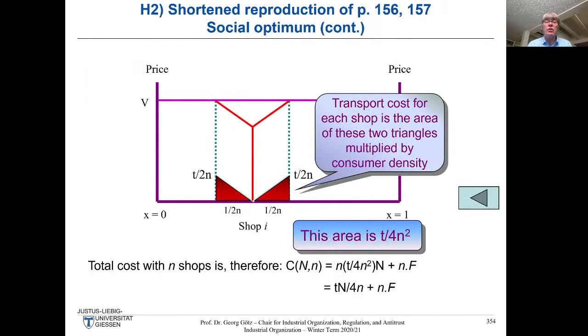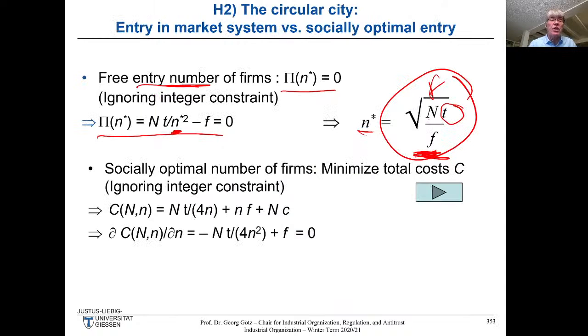This is just a copy of a previous slide where you see we just need to calculate these triangles here. This area was equal to t over 4 times 9 squared, and what we got there was exactly these kind of cost, and that's why you get this